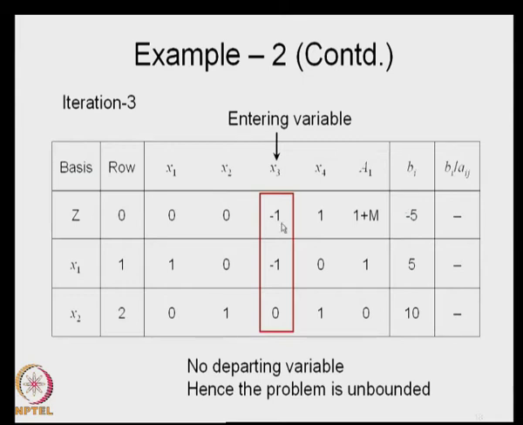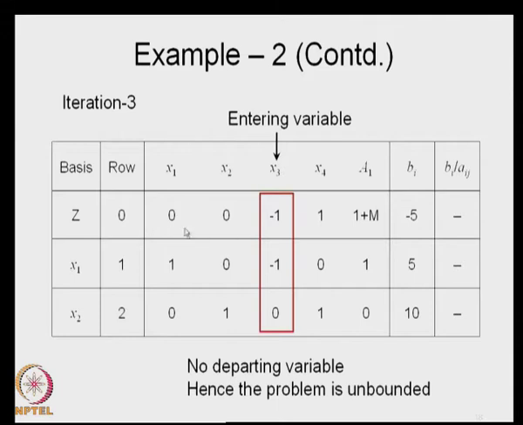You get the entering variable. There is one variable here which has a negative value, namely x3. Therefore, you could get an entering variable. However, you now want to identify which is the departing variable. x3 wants to come into the basis, and therefore, one of x1 or x2 has to go out. But when you want to see which is the departing variable, you want to calculate bi by aij for non-zero and non-negative values. It is not possible. So, none of the currently basic variables would like to go out now. So, there is no departing variable,